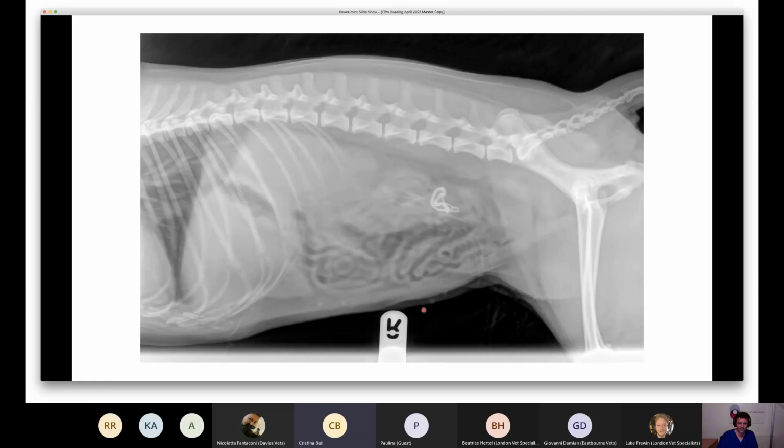So we have 2 projections of the abdomen. The X-rays are not great quality. On the lateral right, we can see poor serosal detail. The liver lobe is slightly beyond the rib cage. There is gas in the small intestine, and there is a soft tissue opacity on the craniodorsal aspect going towards the left side. If you look at the VD view,